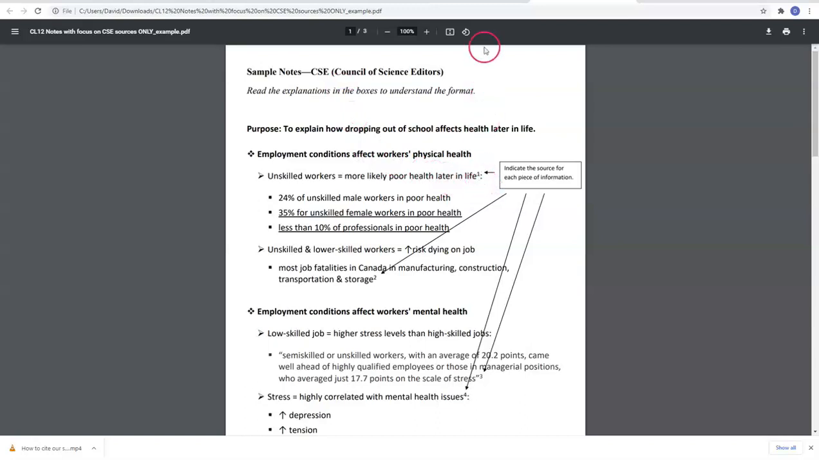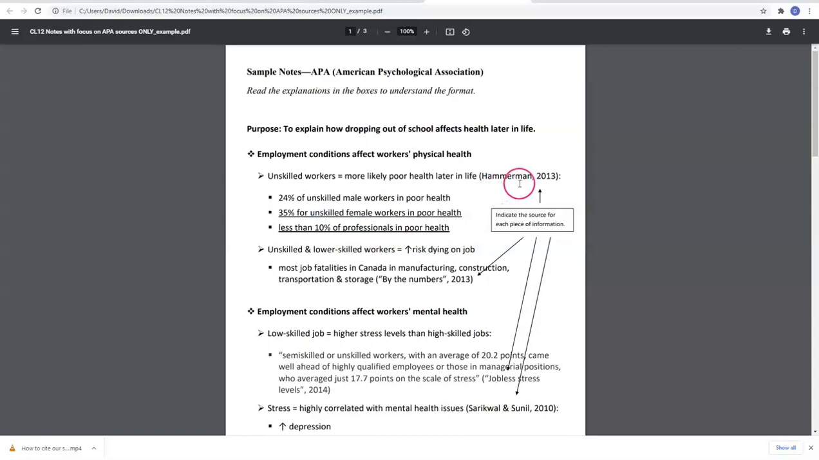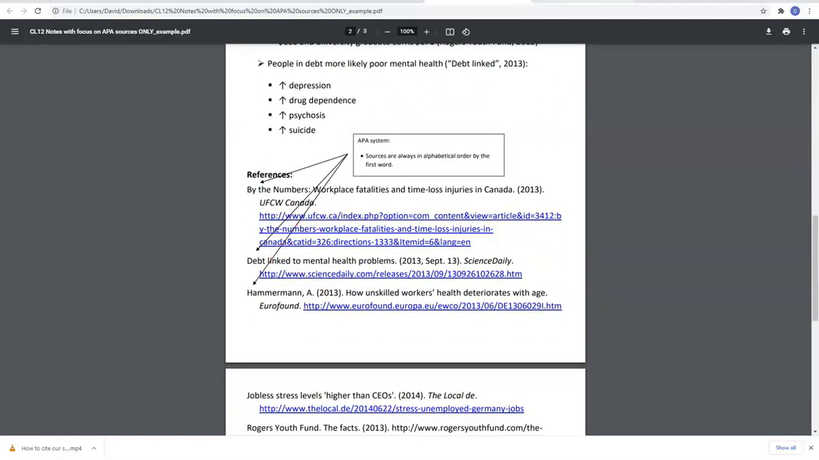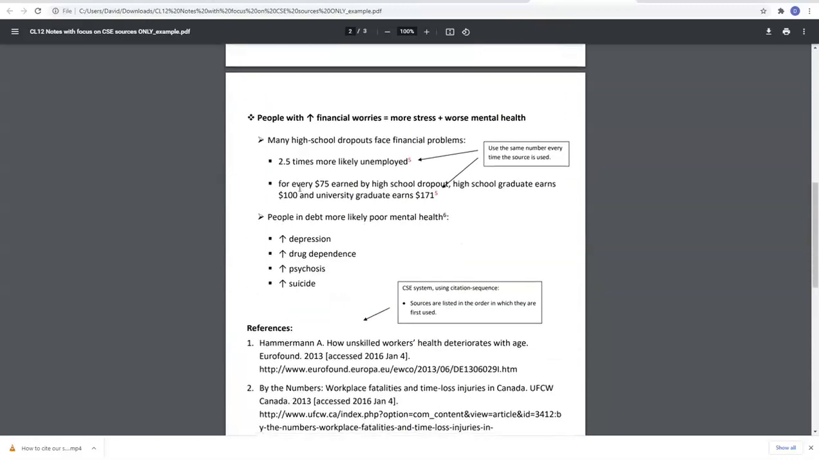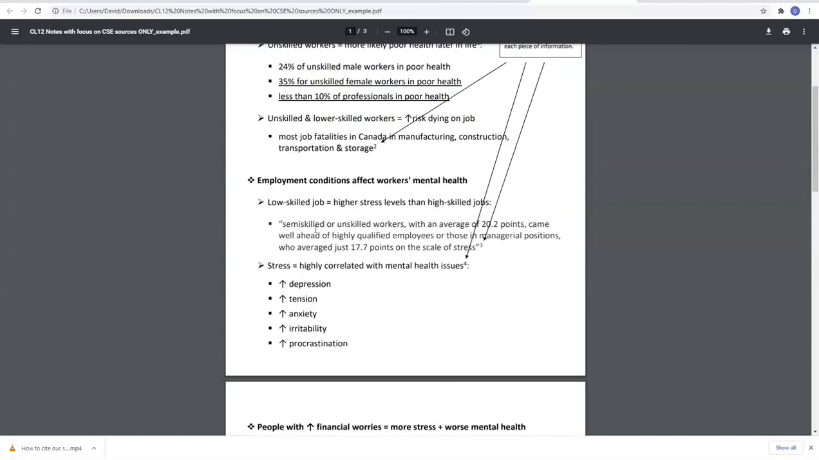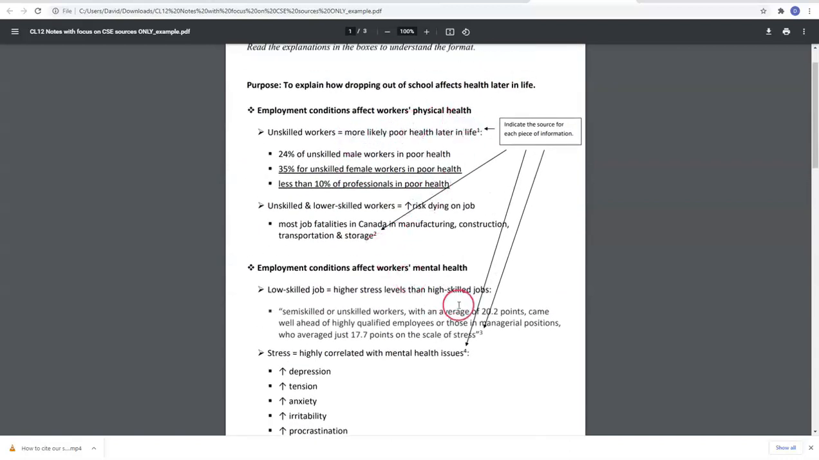the difference. Here they use numbers, and here they use the author's last name and the year of the publication, and when there's no author they'll use the first words of the title and the year. In both systems, at the end of your document you have the reference list, and the same thing down here. And the difference being that in the CSE system, your sources are listed in the order in which they're first used in your document. So the first source that gets used gets a number 1 and it comes first, and then number 2, number 3, number 4, so that you see the numbers over here 1, 2, 3, 4,